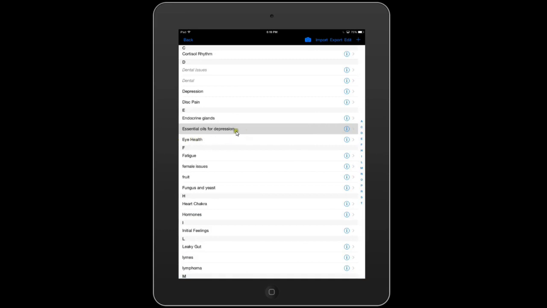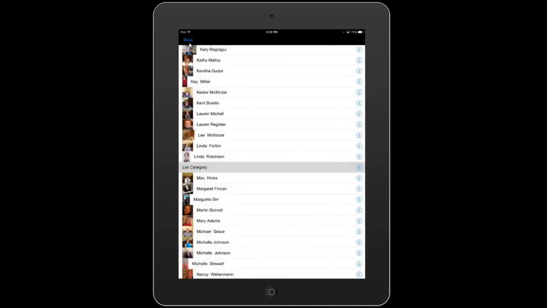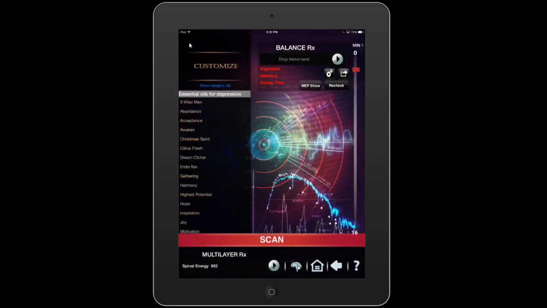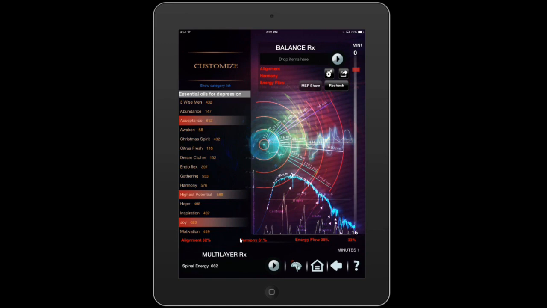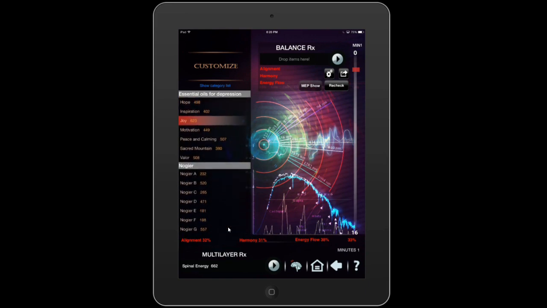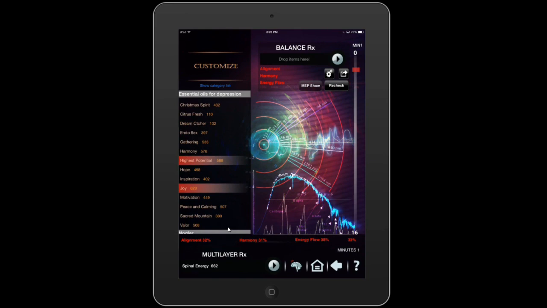I have this, as you can see, highlighted. As I said, I'm going to tap back in the upper left-hand corner. I'm going to tap back once again, and you can see that it is now in my customized panel, all of those essential oils. Now, I can scan those essential oils, and then I can actually, once again, take the essential oils that are over 650, or well under 650, well under 150, I'm sorry, and begin to move them